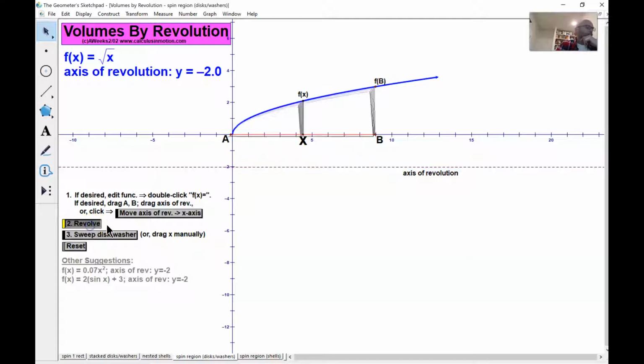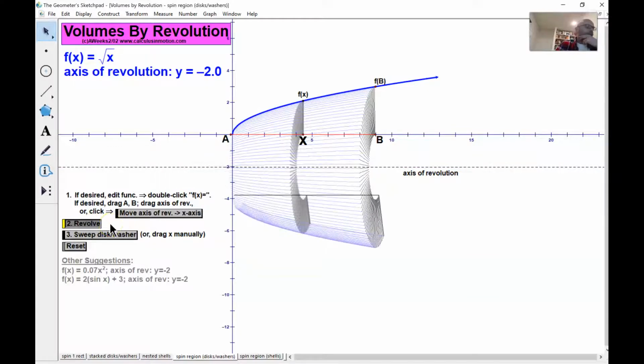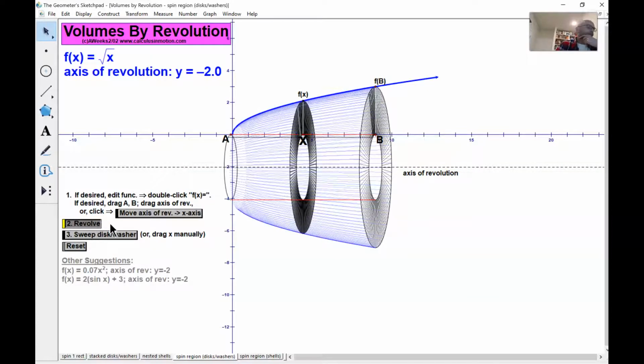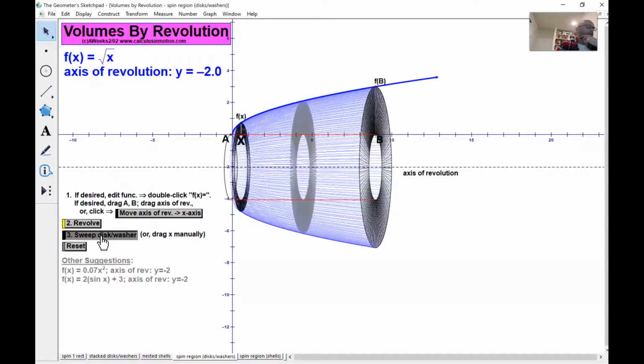So now if we revolve it, notice we create a kind of bullet with a hole in the middle. And again, if we sweep, this time we're sweeping washers through. We're stacking a bunch of washers side by side